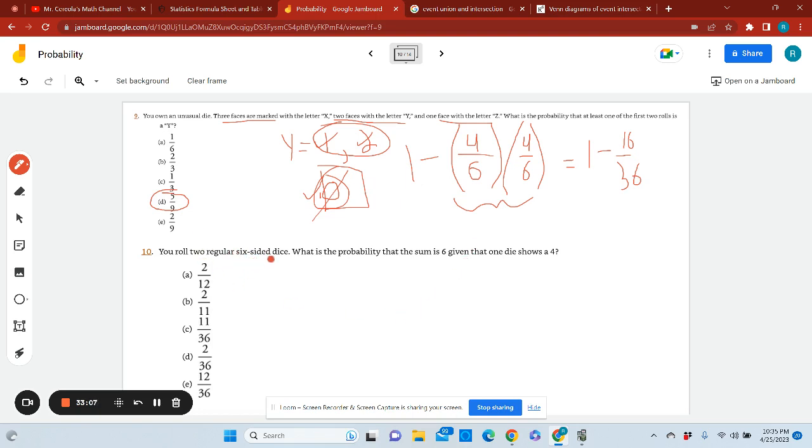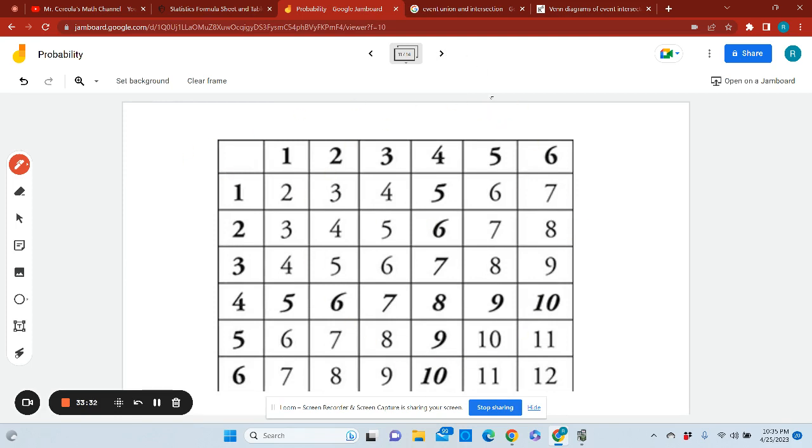This one says you roll 2 6-sided regular dice. What is the probability that the sum is going to be a 6, given that we're going to get a 4 as at least 1? This one's really tricky to try and do by hand. So if it was me on the exam, and it won't take you long, I would draw out a sample space. Here's one die: 1, 2, 3, 4, 5, 6. Here's the other die: 1, 2, 3, 4, 5, 6. And then all the spaces on the inside